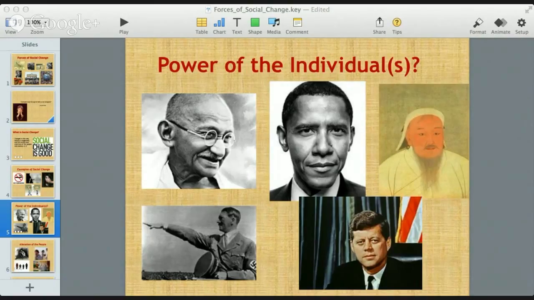So fair enough, which does ultimately lead into, when we continue to look at forces of social change, that some people emphasize the power of the individual, but a lot of people look at general societal trends and change. You could call the power of the individual change from the top, where it filters down and affects people, versus a lot of people think that mostly change is a grassroots movement, something like we talked about earlier, when we gave examples of changing social norms, like the sexual revolution of